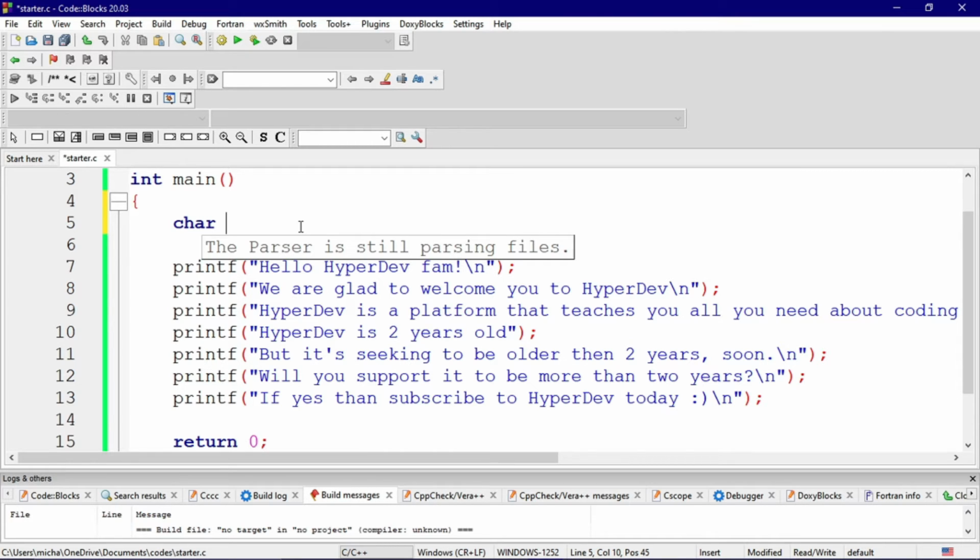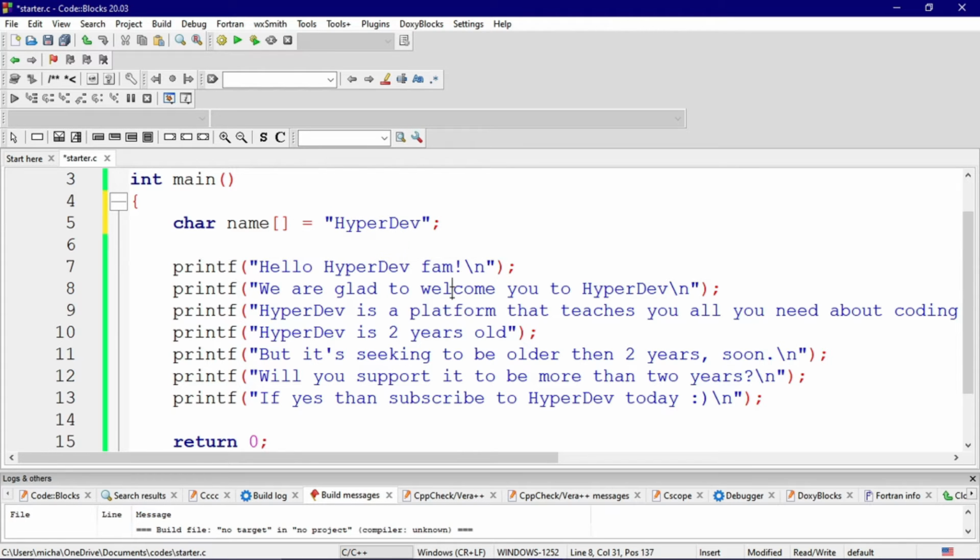Here we are going to say char because what we need is a name, Hyperdev, or whatever name we're going to change to. So we are going to say name like that. Because we don't need only a single character, since char stands for character, we need a sequence of characters, many characters which form a name. We are going to use brackets like this. The brackets illustrate that what we need is a sequence of characters, which is actually called a string in C. Here we put double quotation marks, because what we are writing is a string. So here we say Hyperdev.